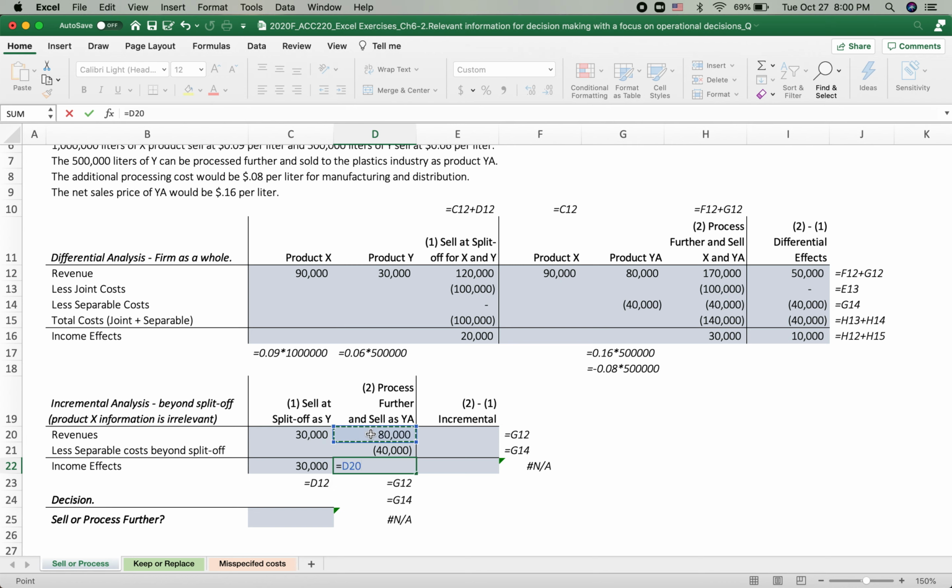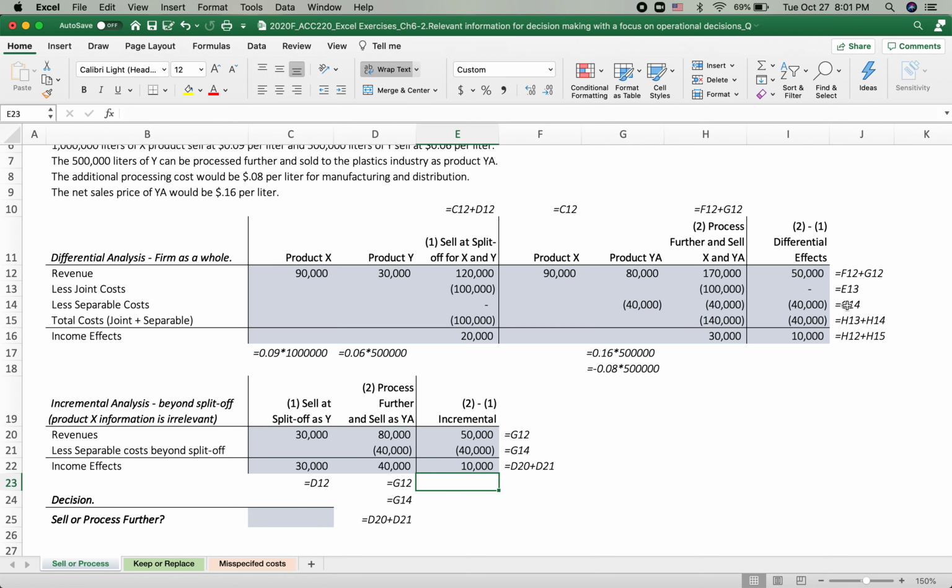So I'm gonna sum up this, the revenue and less the separable cost, only the incremental changes of this. So we got the result very fast. So the incrementals between two is now we got the same result,